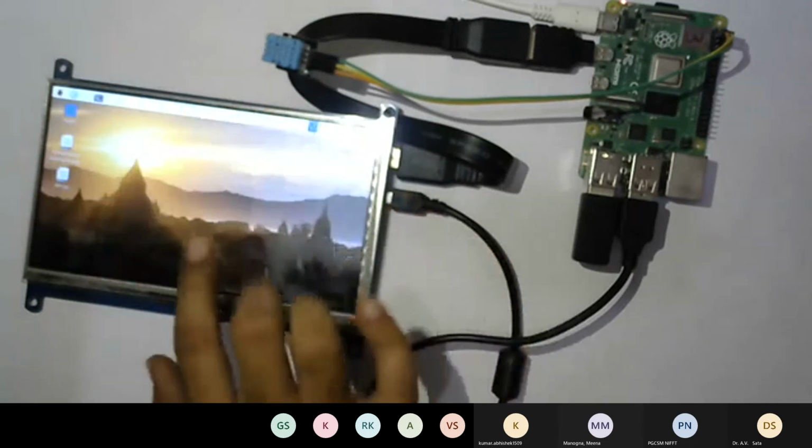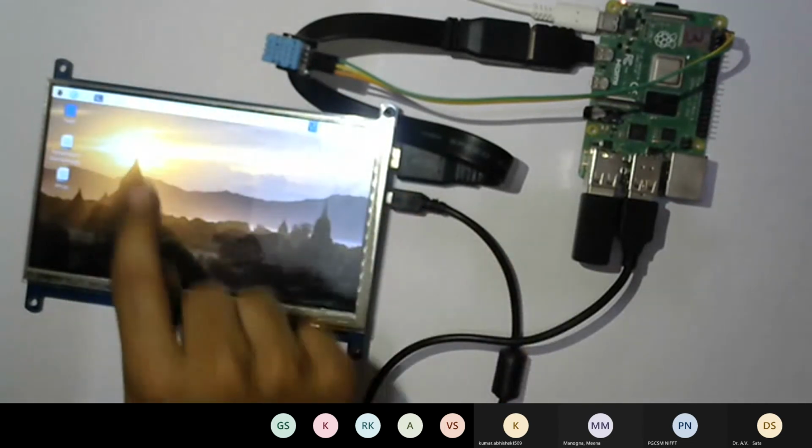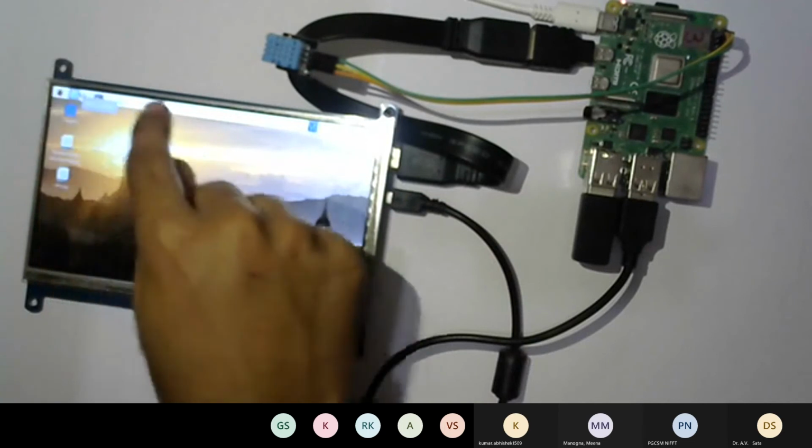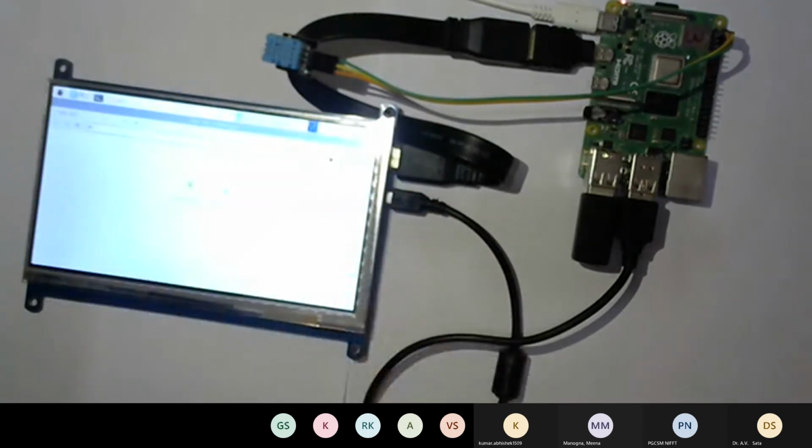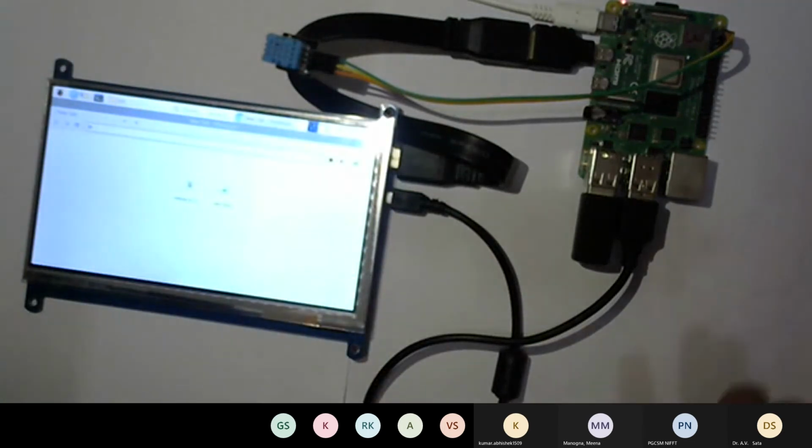So I'm using it on a touch screen basis. If I touch this web browser from the top, it popped up. So this is a single board computer. We can create any visualization from over there.